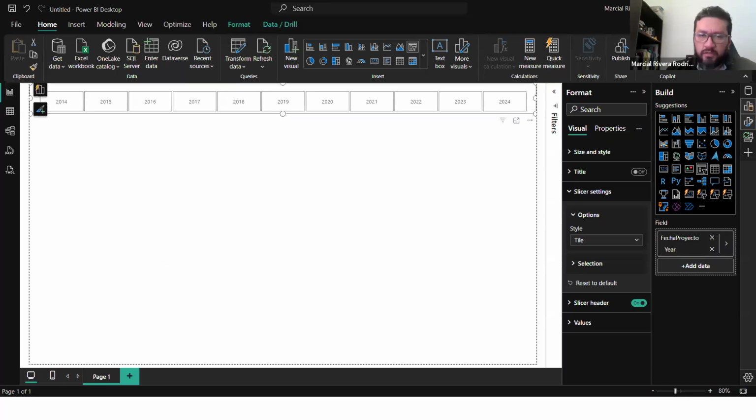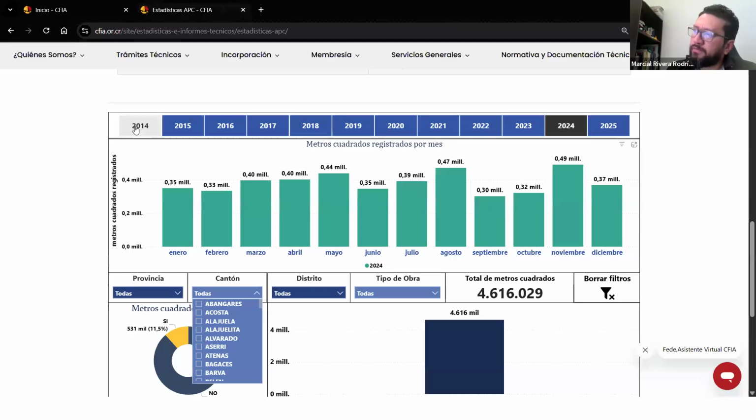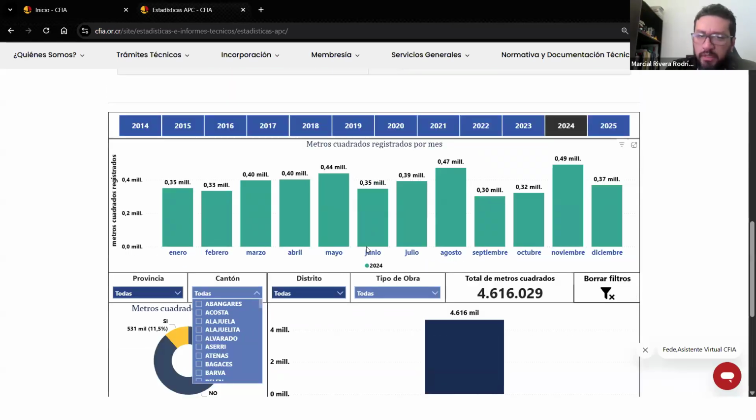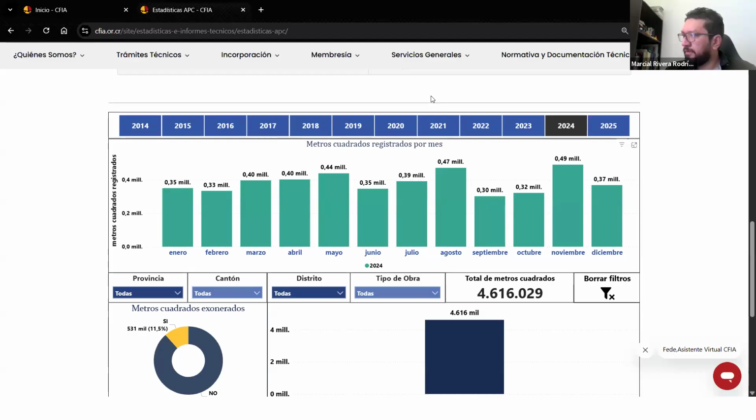Okay. I'm going to return to the web page. So you can see we have the first part. Then the second part that we want to use is how many square meters we have per month. And this is something very similar to what we have done before,